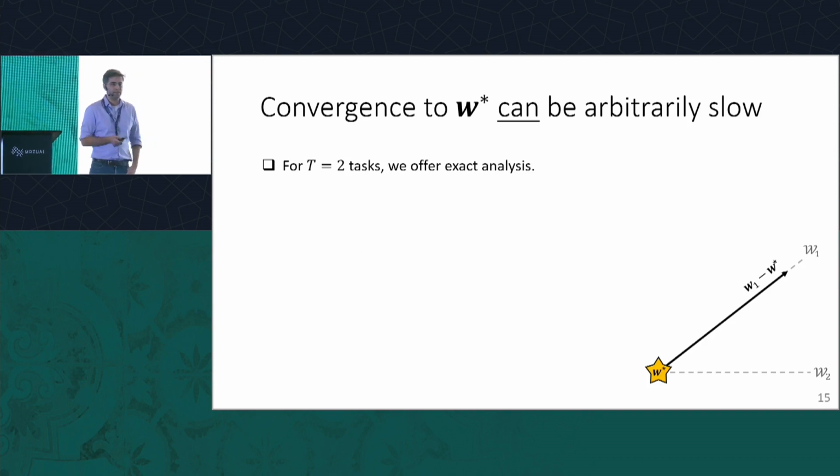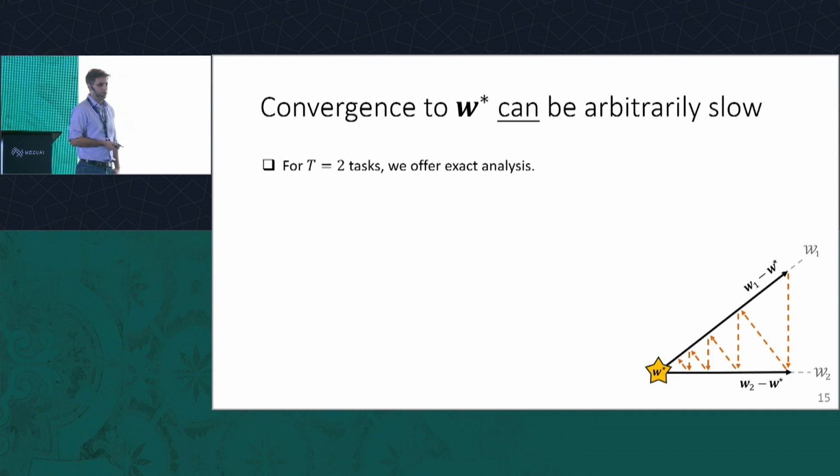Let's look at the simplest case. So the simplest case is, say, we have two tasks, and we just want to repeat between the tasks, going back and forth. What happens? So we have task 1, and then we project to task 2, and then we project back to task 1, task 2, and so forth, until, if we do it enough times, we see that we will converge to this teacher, the best solution.